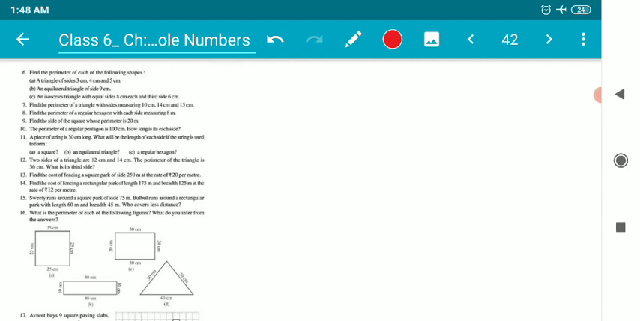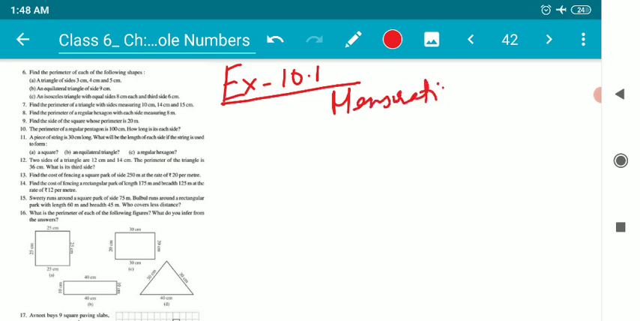Children, as of now, we have completed till question number 10 of exercise 10.1, which is about mensuration. Mensuration is about the primary concept of perimeter and area of different geometrical shapes like triangle, square, then rectangle, such figures. So children, here in this video, we are going to have a discussion on a very important and interesting question,